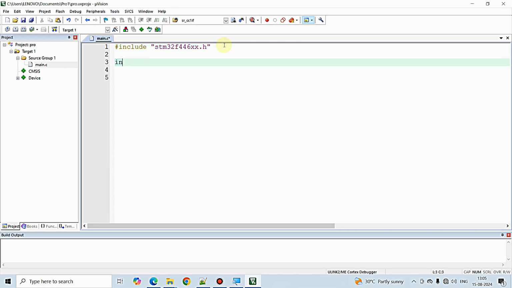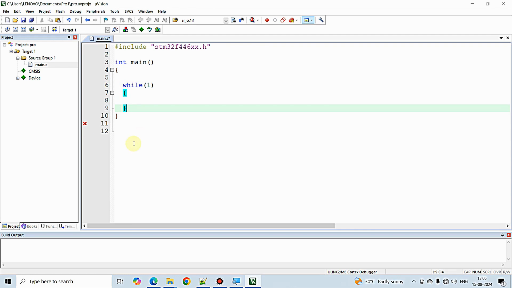And following that I am just going to write down my main function, int main, and inside the main function I am just writing the while(1), that is the infinite loop of the embedded program. So all the embedded programs that we are developing right over here in the Keil MicroVision IDE will be having two different parts. One is the major part, that is the main function, and another one is the infinite loop of the program,